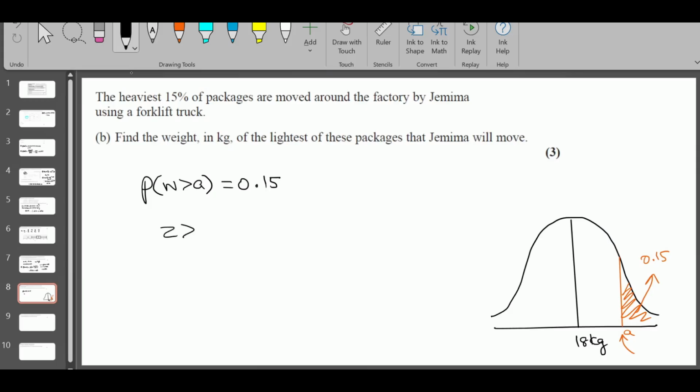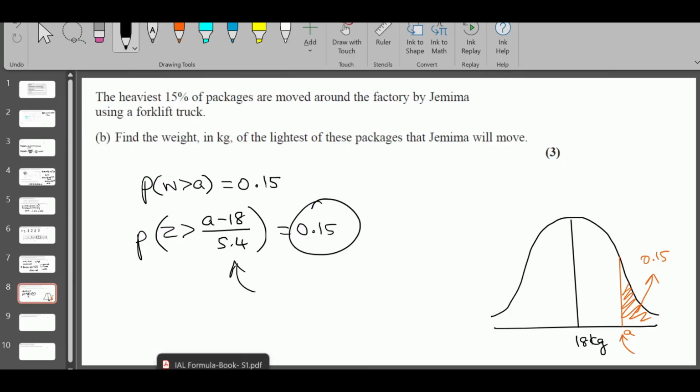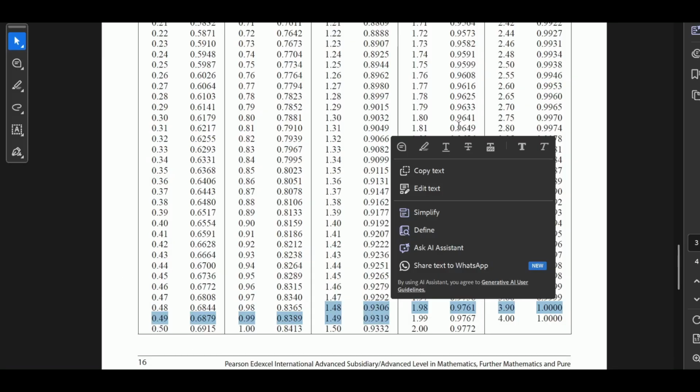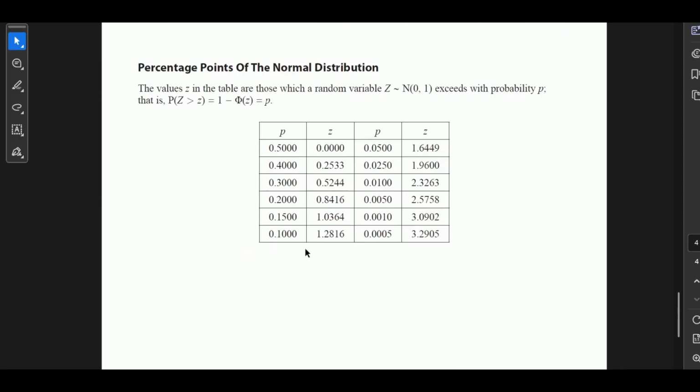Standardize it: Z is greater than A minus mu over sigma, where the standard deviation sigma is 5.4, equals 0.15. And we know this is a positive number, a neat rounded figure, so I'm going to use the smaller table